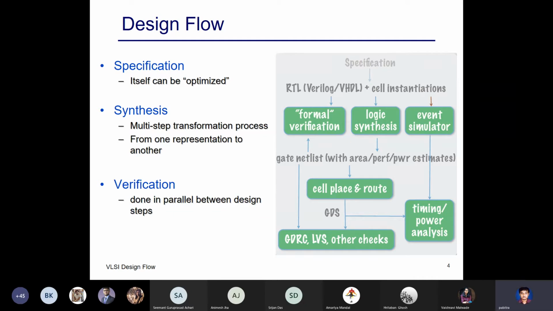What do we need for this purpose? Because we are only simulating, we need a test bench. Just like when you test software, you need a test case, you need a test bench. The test bench may consist of values of input variables and sometimes values of desired output variables also.